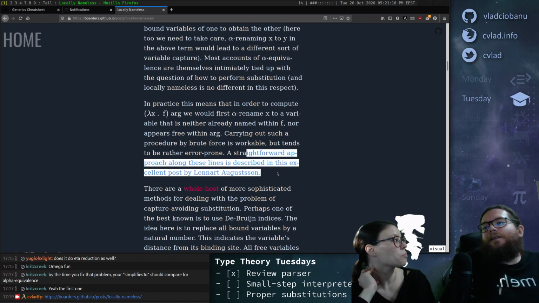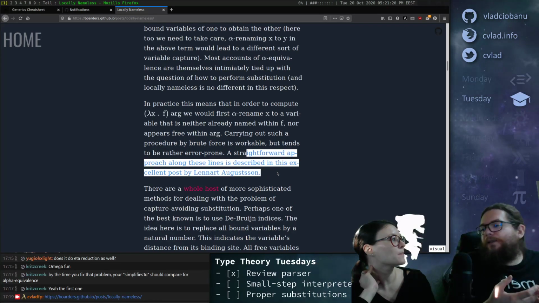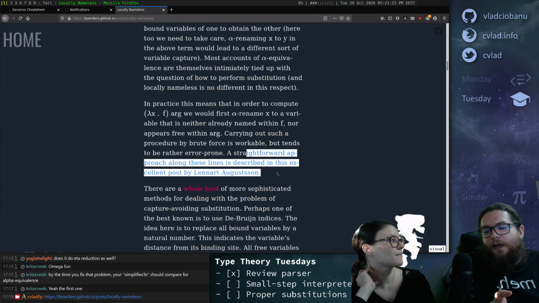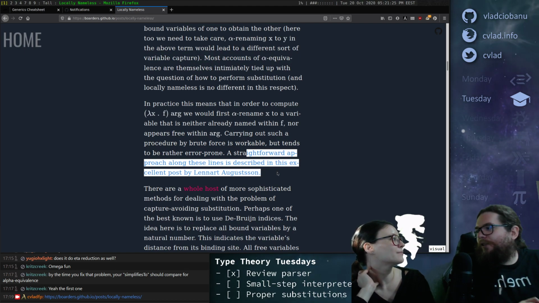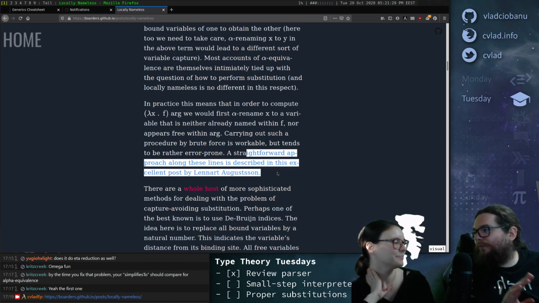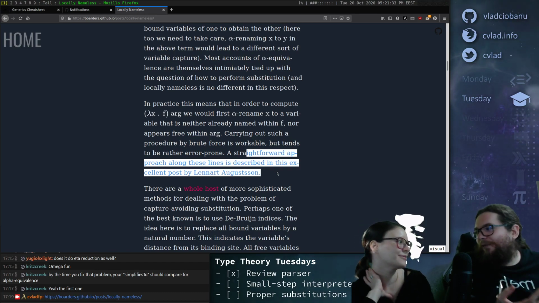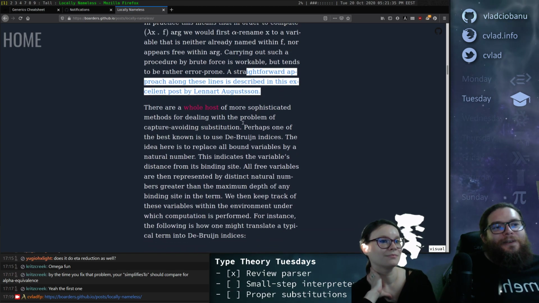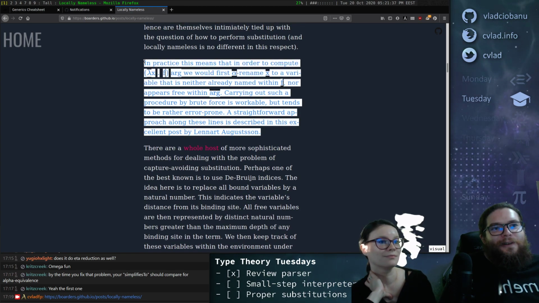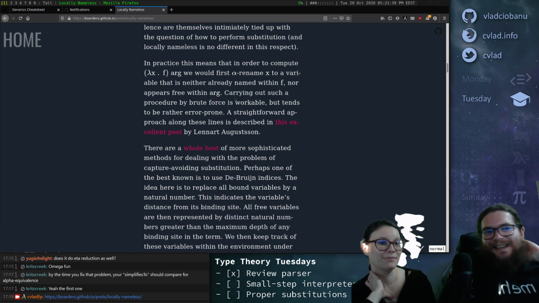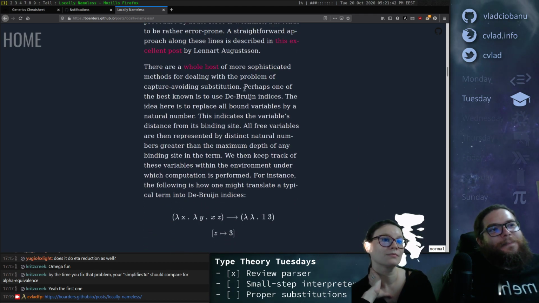When I did exercises manually on paper, I would just rename everything such that there's no chance for it to clash. Right, that's the simplest way. Unless you're doing lambda calculi every day for years, you should probably do that.